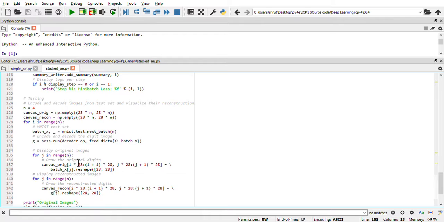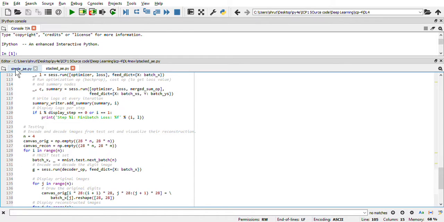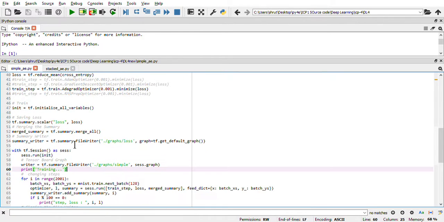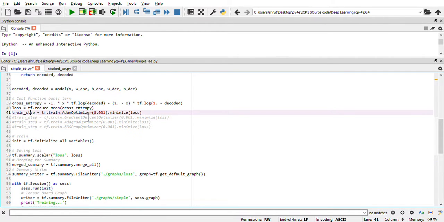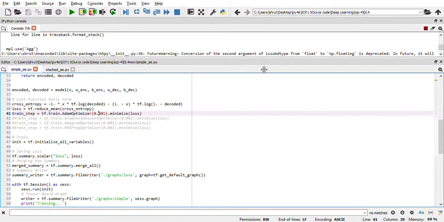So I'm here using different optimizers. In case of simple AE, first I'll try to use the Adam optimizer, and I'm giving the learning rate as 0.01 and trying with different learning rates and running it. So if I run this for the Adam optimizer,